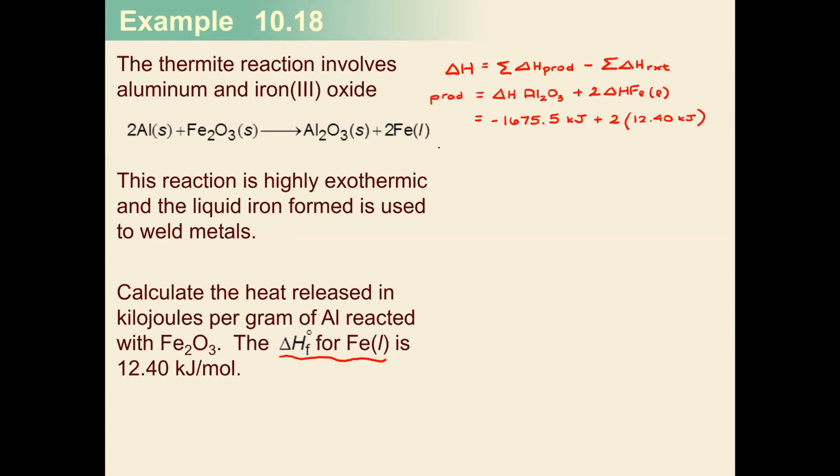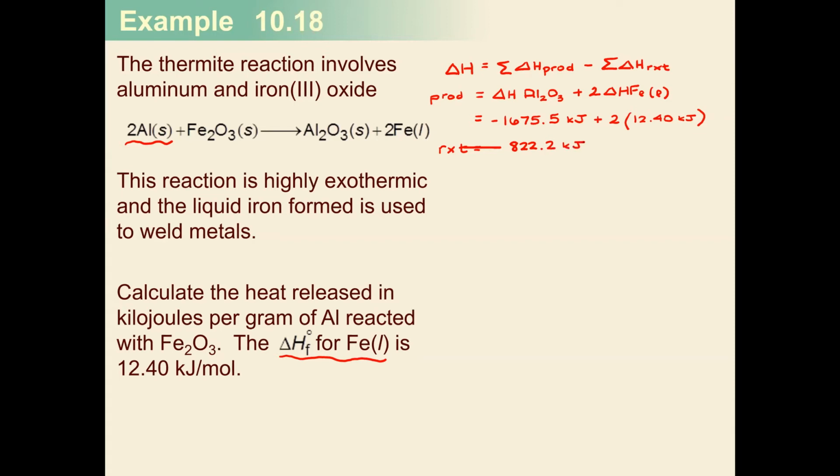For our reactants, notice that I'm only going to have one reactant value that I need because solid aluminum is in its elemental state. So if I do this, I am able to get my reactant value as just the value of my iron oxide. So if I go and look at my textbook, that value is going to be negative 822.2